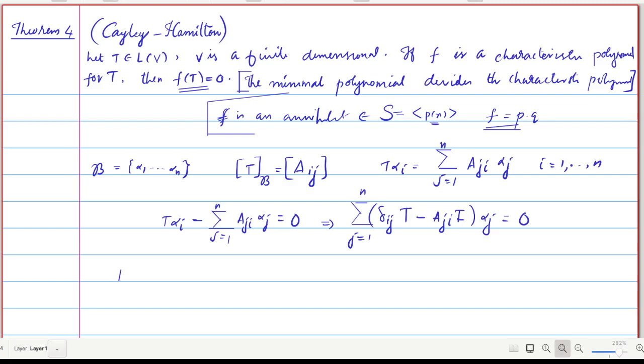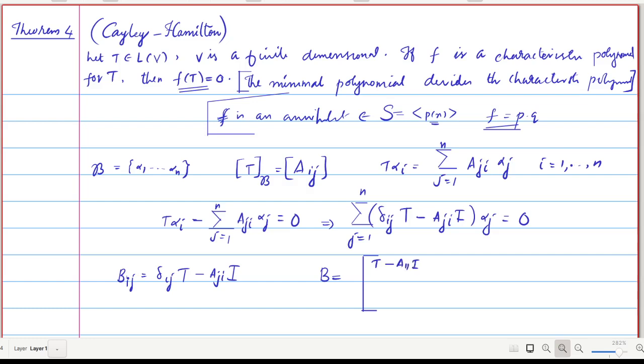The meaning of this is, if we replace this quantity, delta ij t minus a ji, by this b ij, that is nothing but delta ij t minus a ji. If we replace this, then what is the matrix B? B is obtained by putting i equal to 1, j equal to 1 first, that is B11. What is B11? That is delta 11 t, minus a11 I.